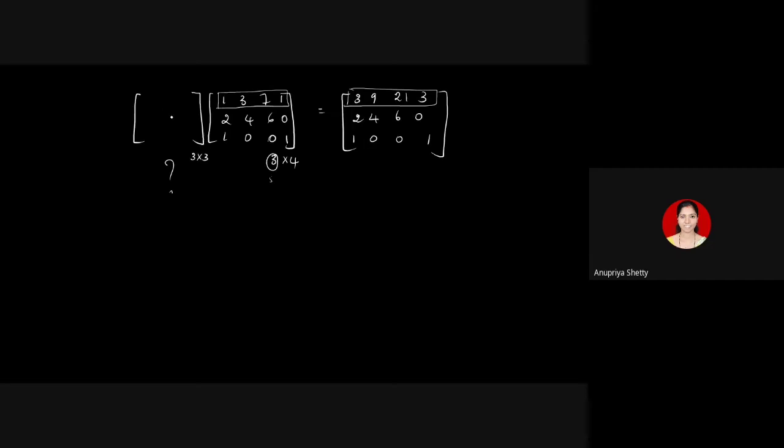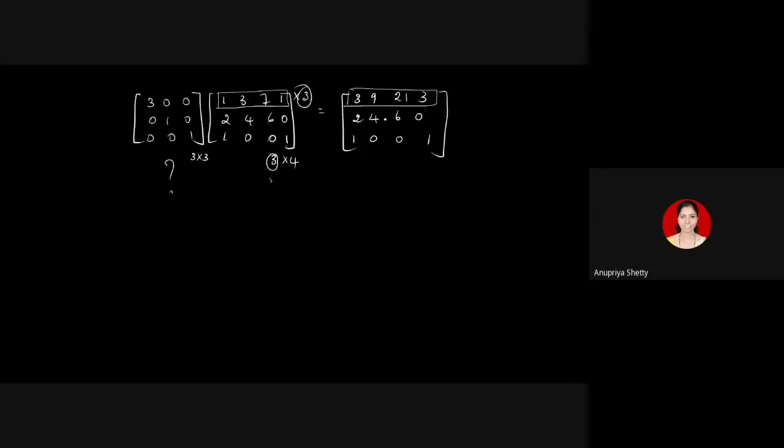So what is that elementary matrix I have to take? I have to take an elementary matrix of type 3 because you are multiplying exactly one row of the matrix by a scalar, where the scalar is 3. And the row is the first row, which is getting multiplied by 3. So the elementary matrix of type 3 should be 3 0 0, 0 1 0, 0 0 1. If you use this matrix, you'll get that.